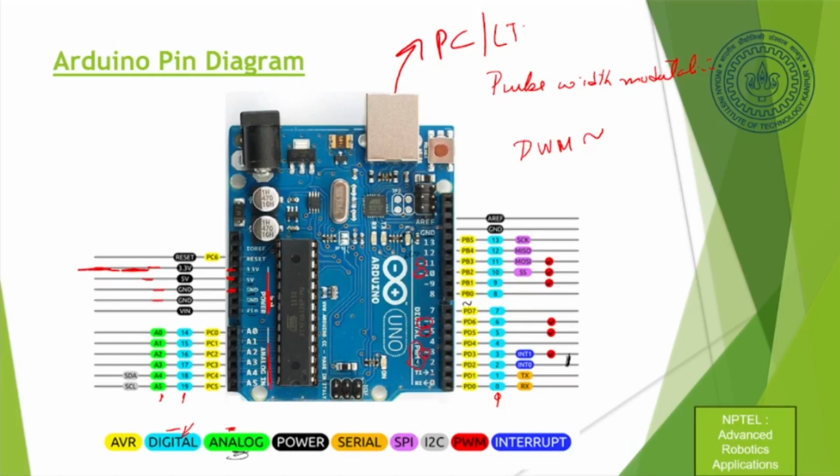Then there are interrupt pins. So this is an interrupt pin. So these are the PWM pins as indicated in red. Then there are interrupt pins, which is this one and this one. So when the program is running, if the interrupt gets activated, okay, we have some examples and programs to do that. So if it gets activated, immediately the program will stop. Okay, you would have seen that these are also called emergency stops in all machines. All machines have emergency stops. So if you just activate the interrupt, immediately everything stops. Okay, so this is the basic structure of the Arduino pins.